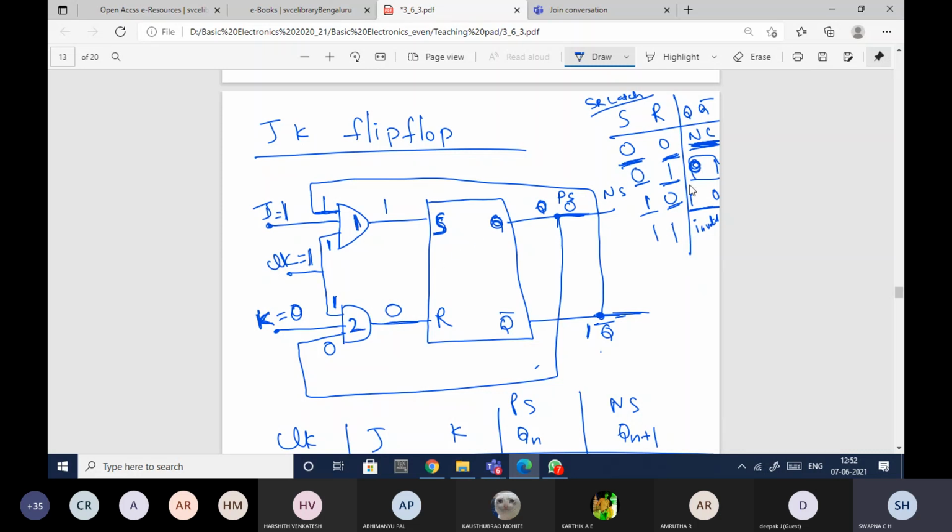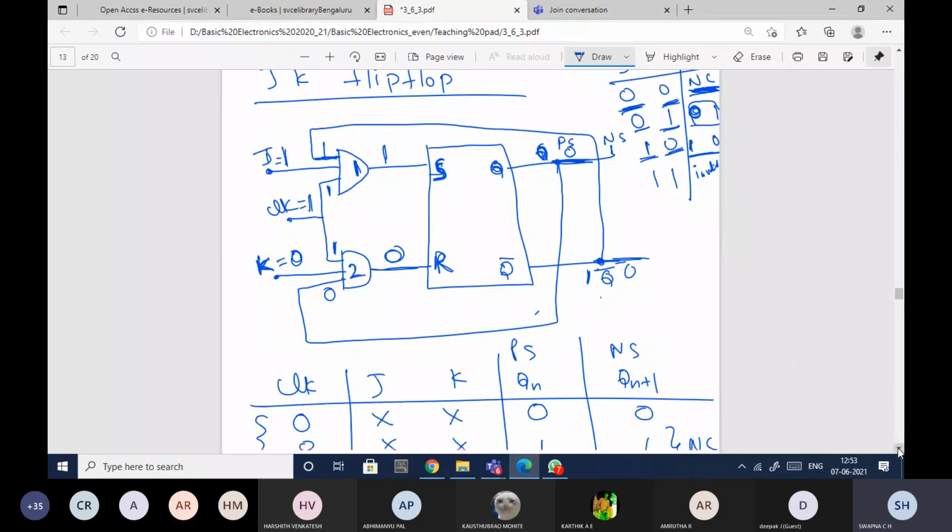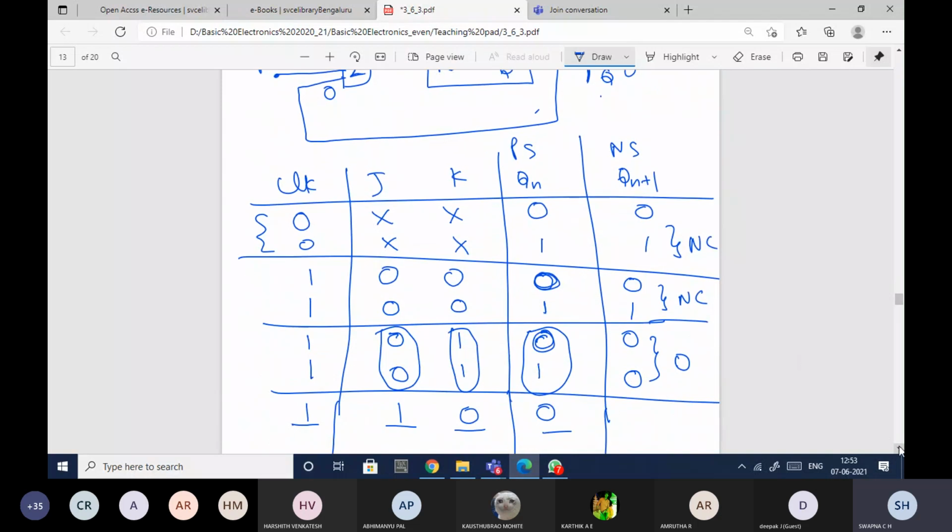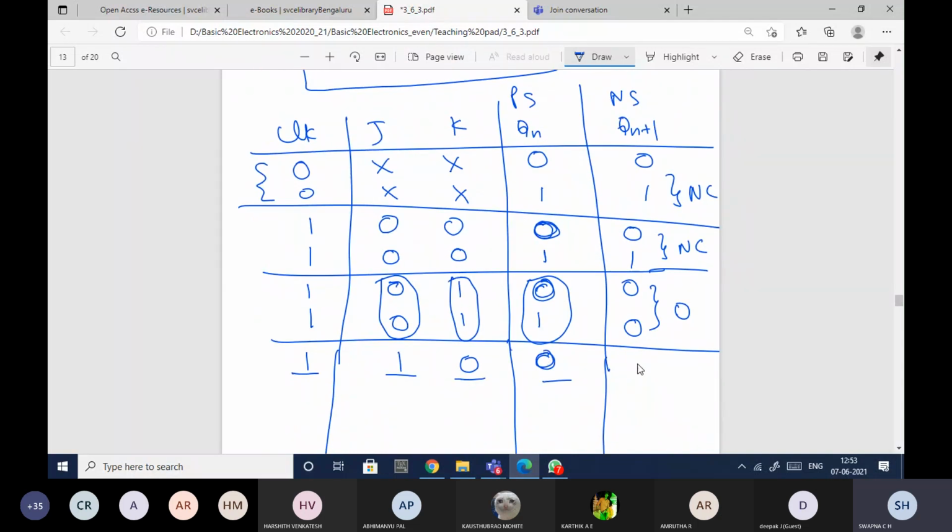Now, this is the latch. So I am checking the SR latch truth table. S value is 1 and R value is 0. So what will be the output? What will be the Q value now? Next state value. 1. Okay, 1 because Q value is 1. So if this is 1, this will be equal to 0 anyway. So when present state is 0, the next state is 1.